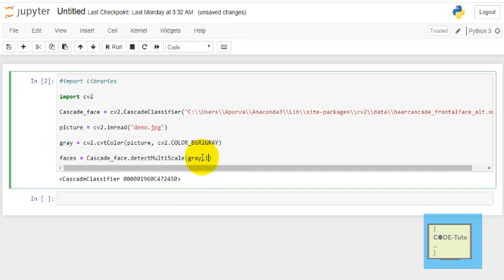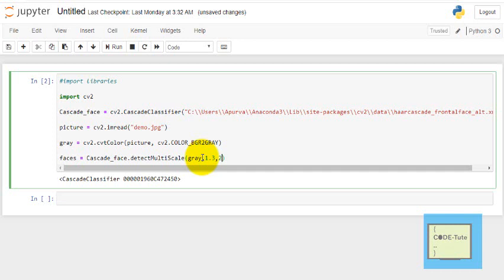The second is the scaling factor. The scaling factor creates a pyramid of images, it creates multiple images. And then minimum neighbors. Minimum neighbors specifies how many neighbors each candidate rectangle should have to be retained. If I set a high value, for example 5, it gives us quality detection. If I set a low value, then it will falsely identify faces.